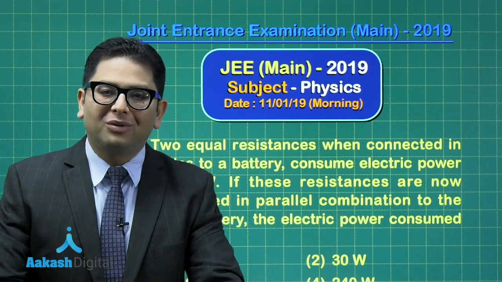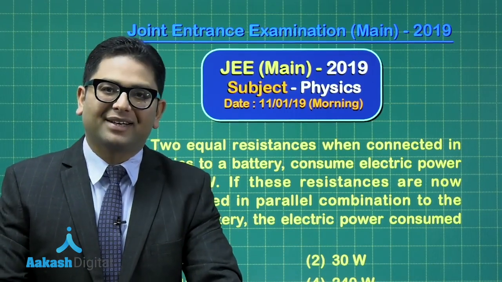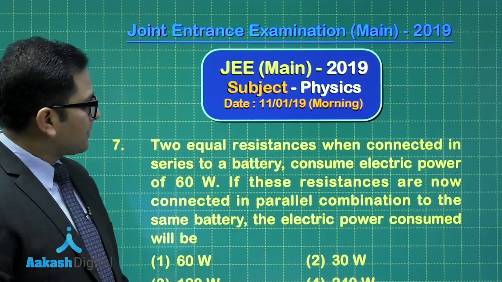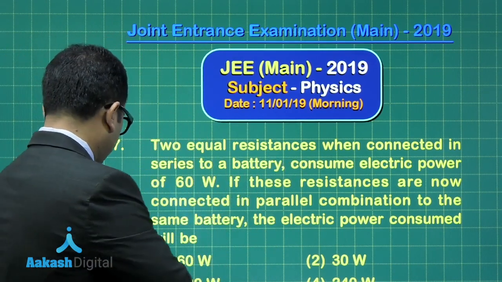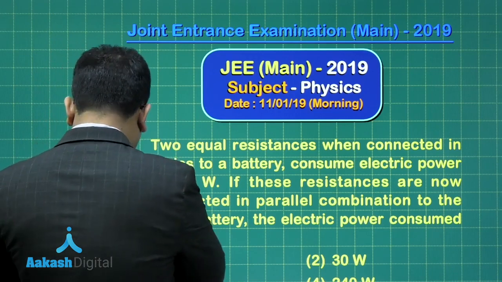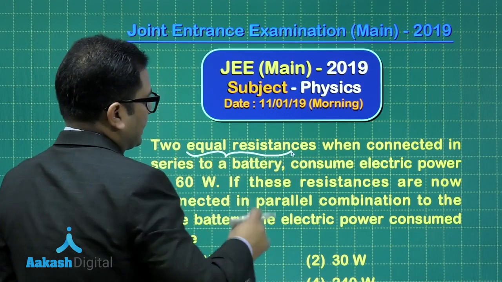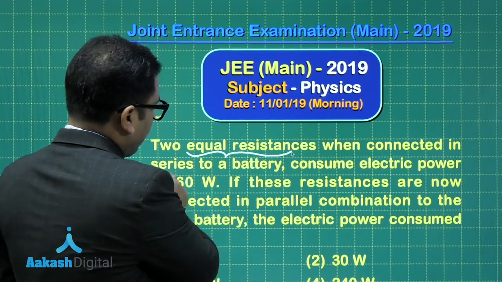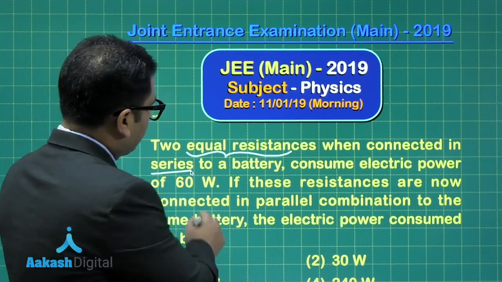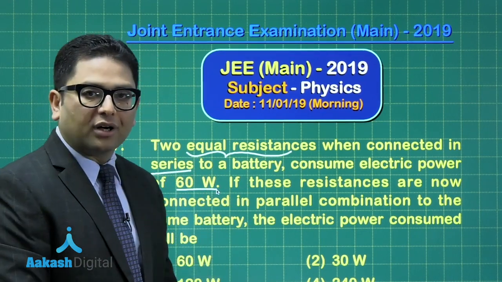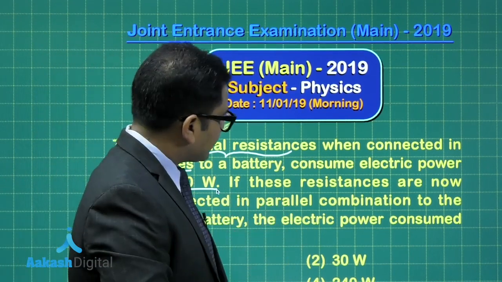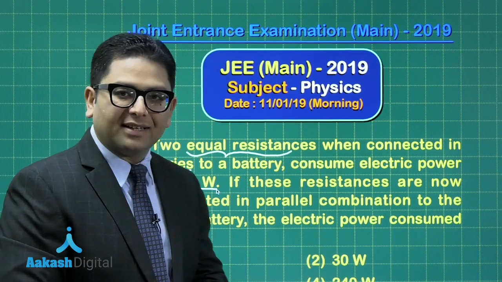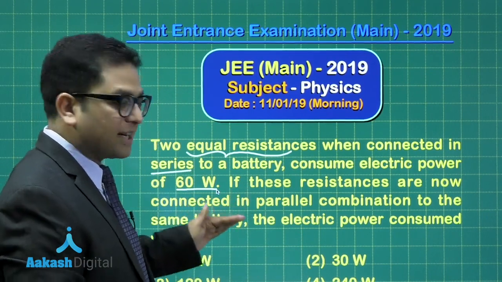All right then, now let's see question number 7. It is something like this. Two equal resistances. That's going to be a very important clue word: it's equal. When connected in series to a battery, they consume electric power of 60 watt. That's fine. And if the same resistances are now connected in parallel to the same battery,